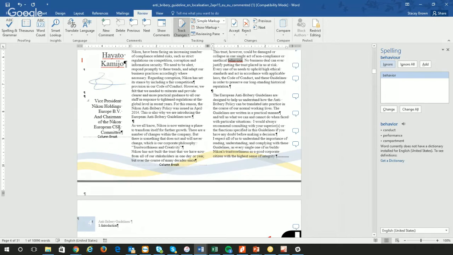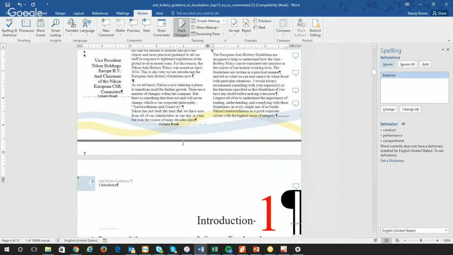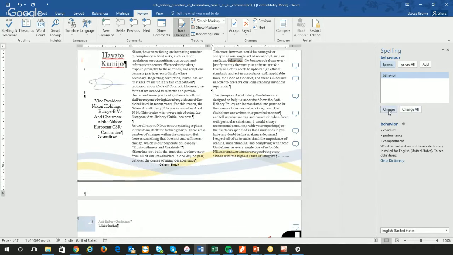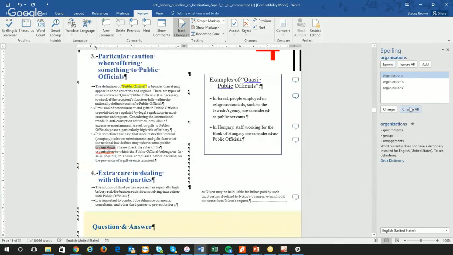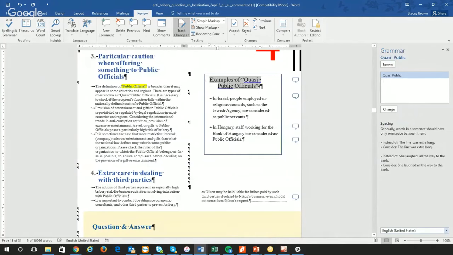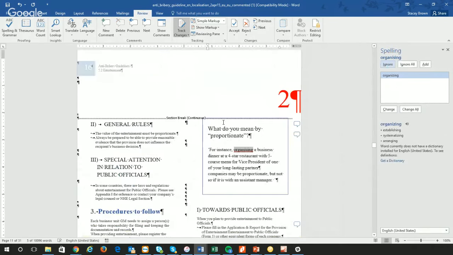The nice thing is when you run a spell check, it will catch it, and you can change things throughout the whole document. It'll also highlight grammar issues too. And you might go, okay, this is okay, I'm going to just ignore that.